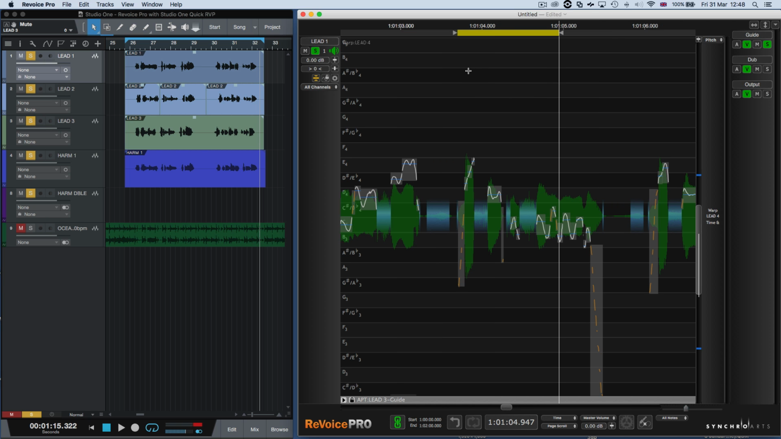I now want to focus attention on a new feature in Revoice Pro 3.3, which is the ability to edit the level of the audio. So let's listen to this section. Nothing can save. Now, there's a sibilant, which is S, that we want to reduce. So by pressing the S key on the keyboard,